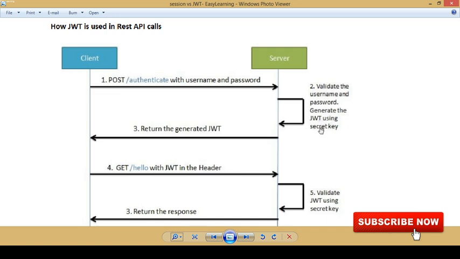The secret key which we talked about is nothing but a key which is secret, and basically acts as the communicator or the handshaker in order to generate the JWT. So this is an important factor here. Based on that, it will create a JWT and hand it over to the client.